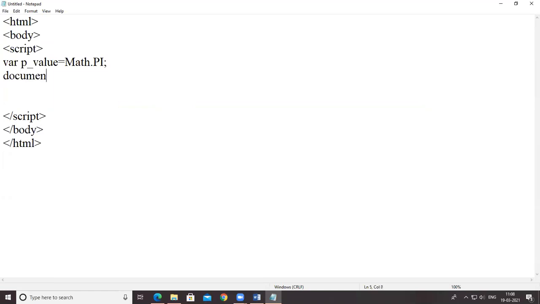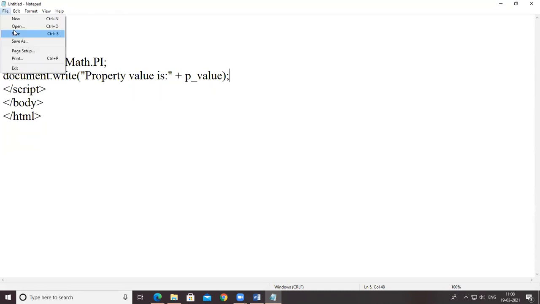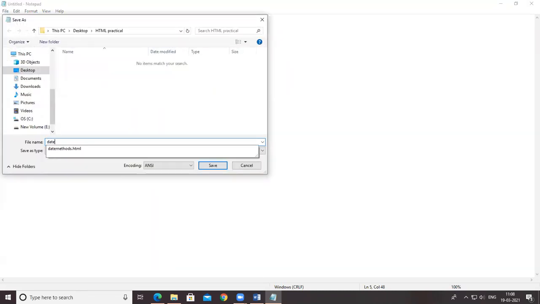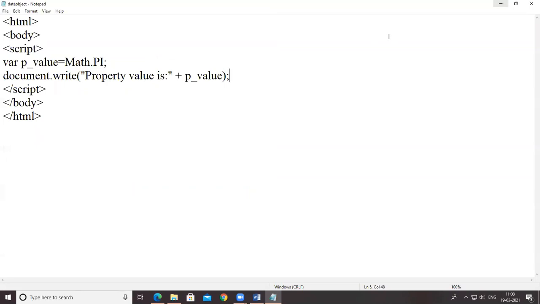Then document.write in brackets, property value is, which is a variable p_value. Save this program and execute.